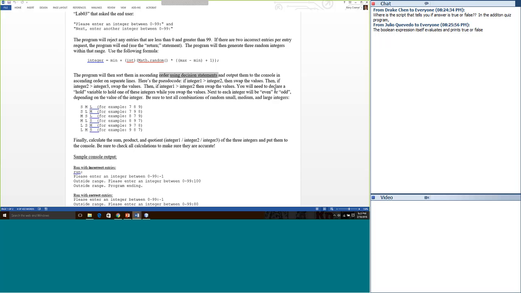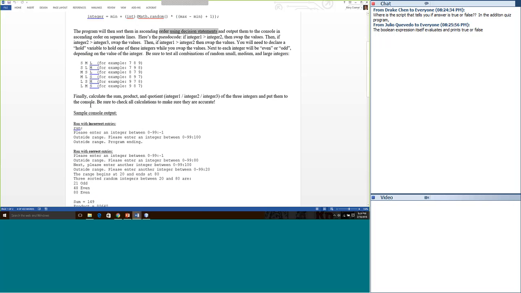Now, when you're doing this, it's complicated, okay? And I'm telling you, make sure you test every combination of random integers coming in. That can be small, medium, or large. I just broke out all the different combinations. You can have small, medium, large; small, large, medium; medium, small, large; medium, large, small; large, small, medium; and large, medium, small. You should make sure that you test every one of those scenarios to make sure that your logic will eventually wind up sorting them in ascending order, 7, 8, and 9. I use these as examples.